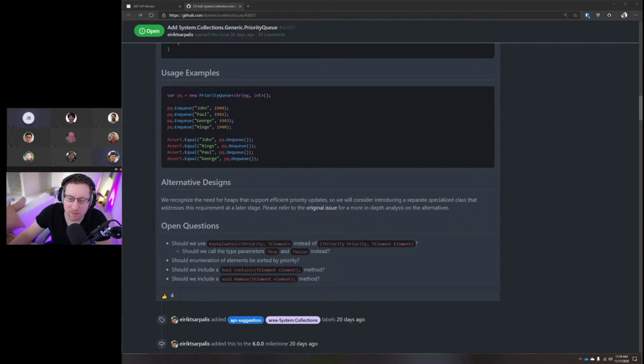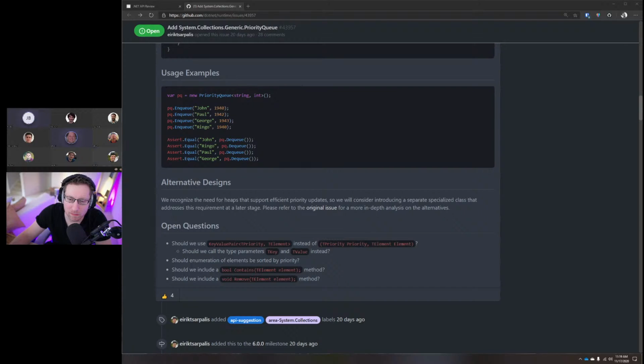Everywhere that I've ever wanted a priority queue, 5 priorities is the most you would ever have, instead of 2 to the 64. That said, I do wonder if you're not better off just having 5 queues in that case. You know what I mean? Indeed. But I agree that that's probably a much more common user scenario. I've got high priority work and I've got low priority work, and I want to have queue semantics for both of those, but I also want the high priority work to take precedence over the low priority work. I don't think this is the data structure for that, though.